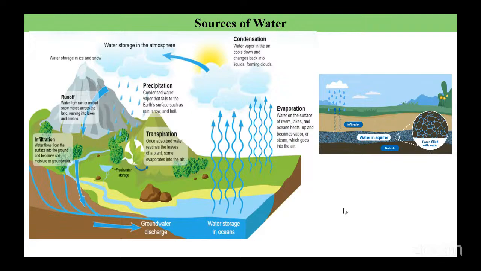Once the precipitation occurs, that is, the water reaches the earth's surface, it gets infiltrated into the soil. The soil and the plants take up the water and get recharged. So the groundwater recharge will be done, and once the groundwater level is full, it is again getting discharged into the water storage. Water storage is mainly in the nearby oceans, lakes, streams, whatever. So these are the ones.